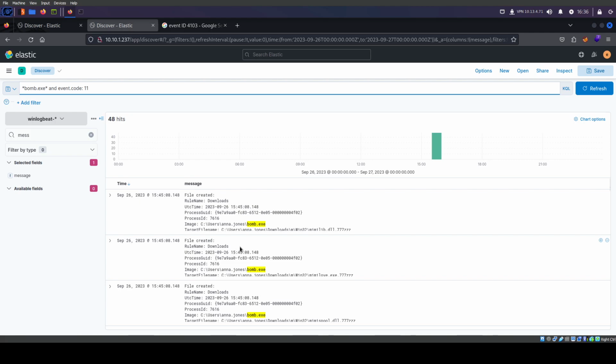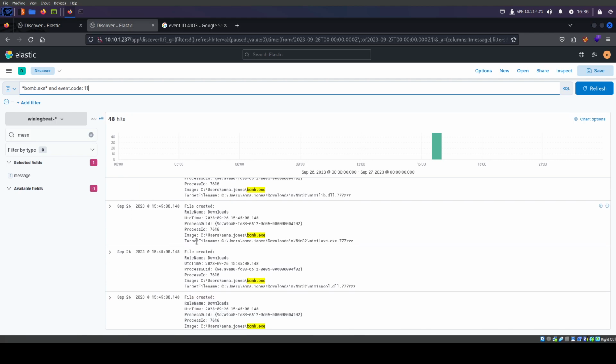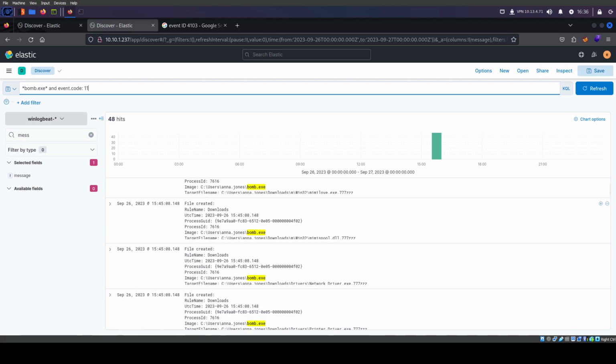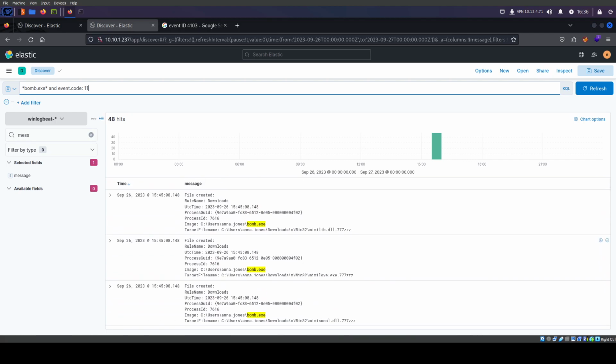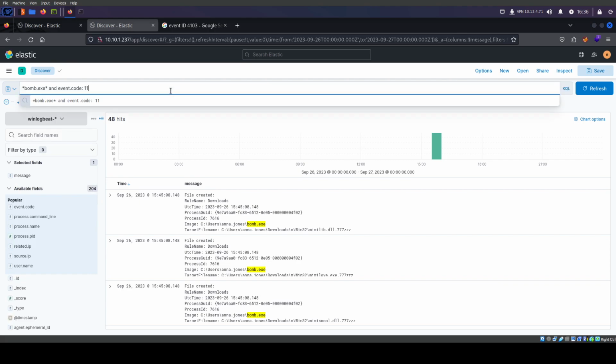So let's see. Is this it? It's gotta be something. Let's get rid of message. Event code 11.